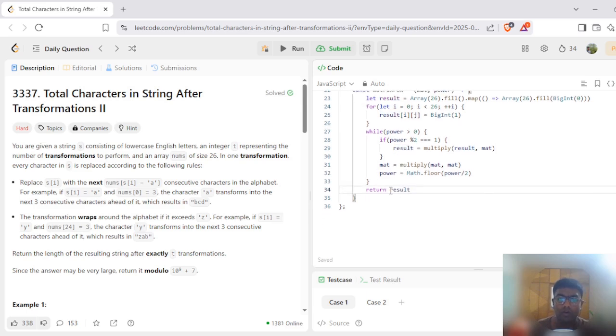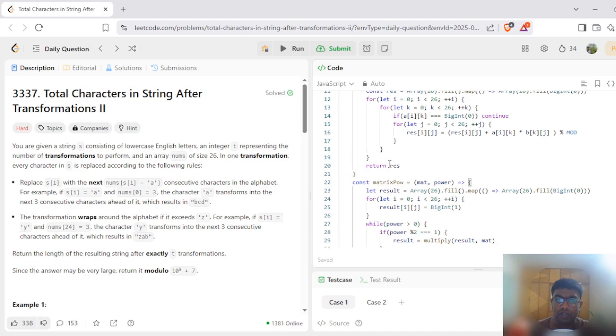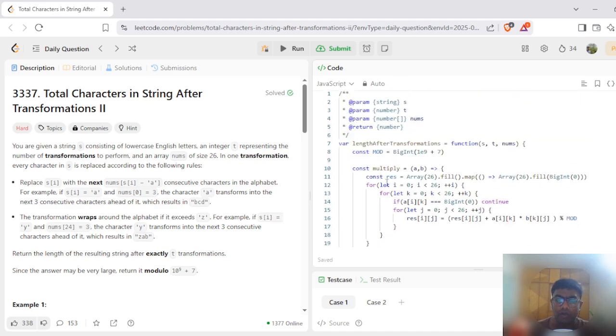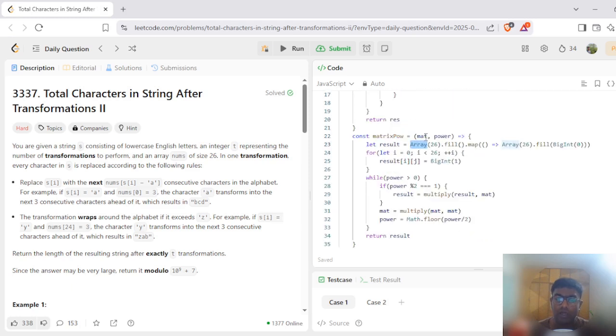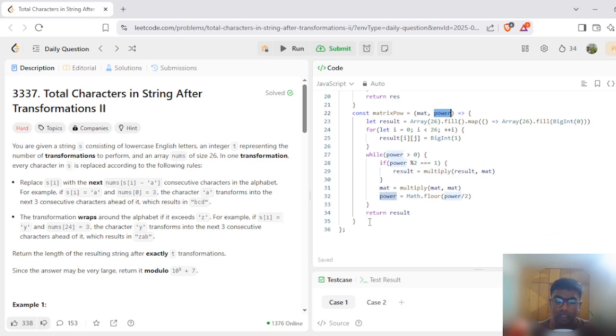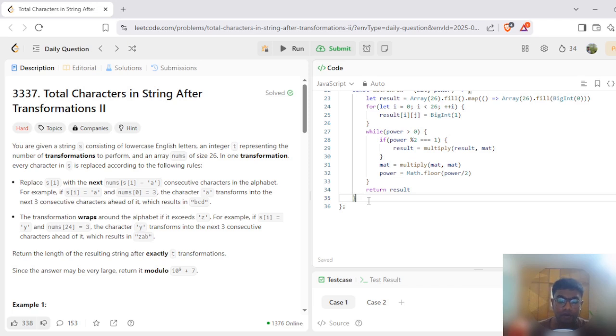Okay, so we got two functions. One is matrix exponentiation, where we want to multiply a matrix a number of times or t times for the given problem. Now let's continue. So let's do the main things where we firstly create a transition array with